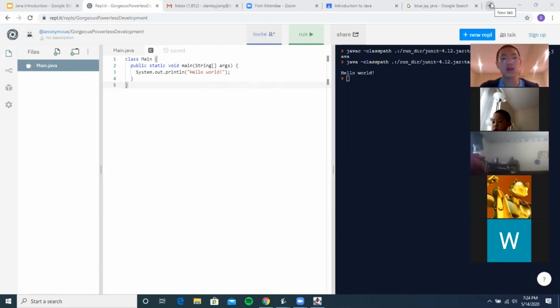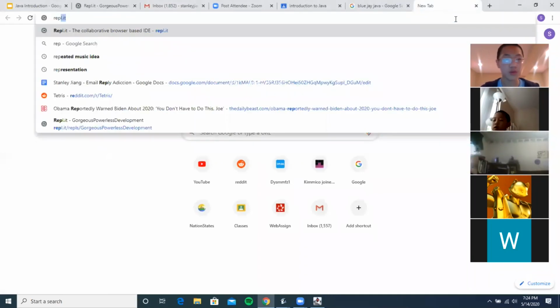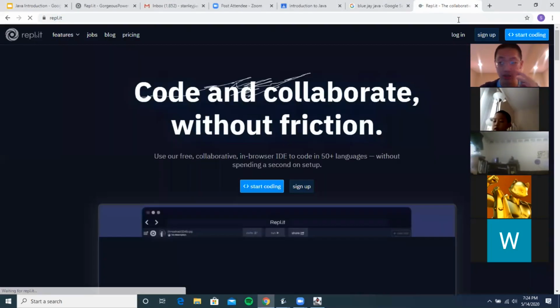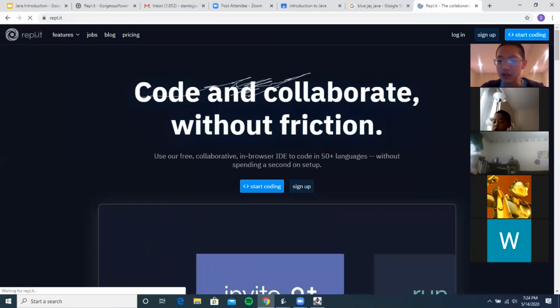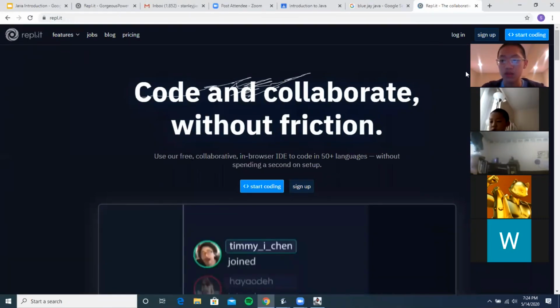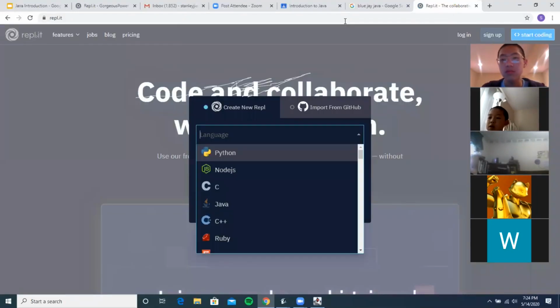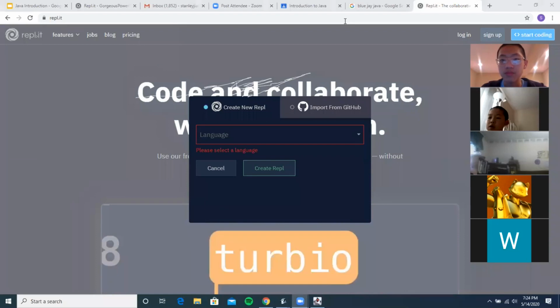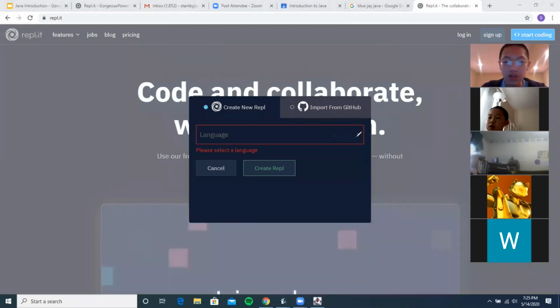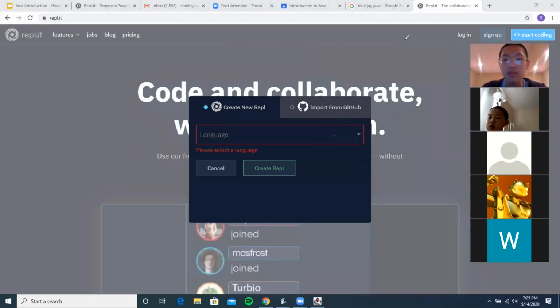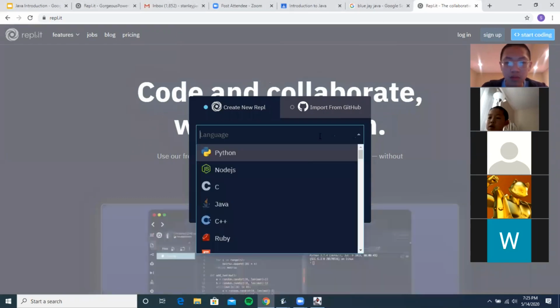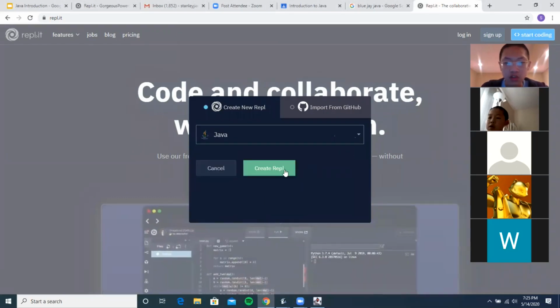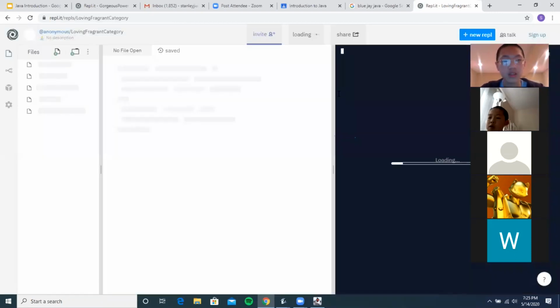From your end, you would go to repo.it, which is the online-based IDE that I was talking about earlier. Press start coding. Select the language. Java, great. And that's all you need to do.